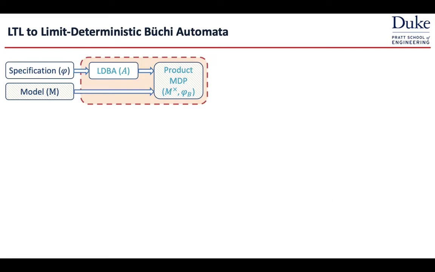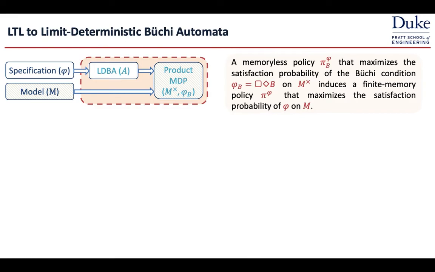Okay, the first step is to use a standard model checking technique constructing a product MDP. Usually the automata constructed here need to be deterministic, but recently it is shown that if a limit deterministic BK automaton is constructed in a certain way, then we can say a policy that maximizes the probability of satisfying the BK objective in the product, and this induces the desired policy in the original MDP as well.